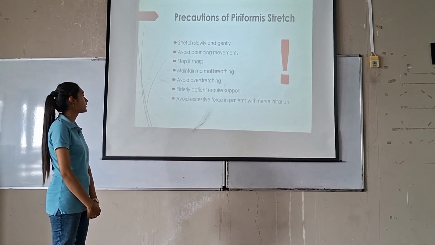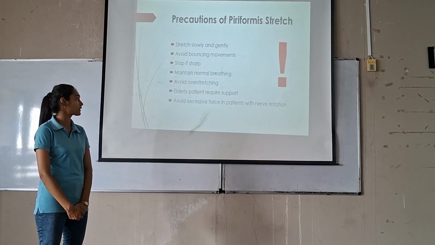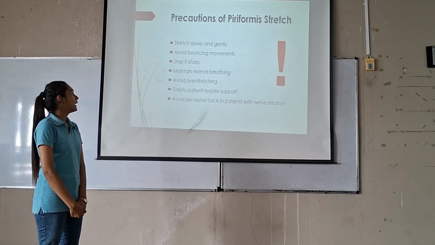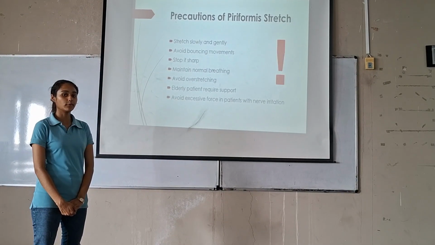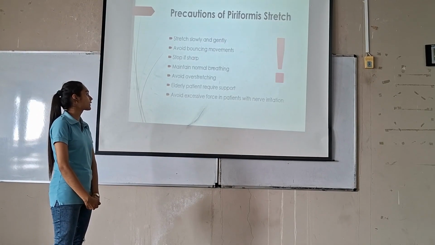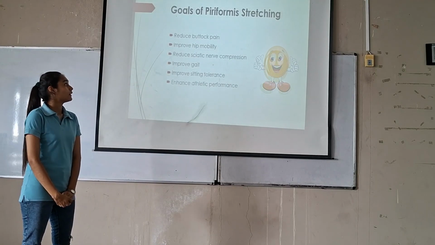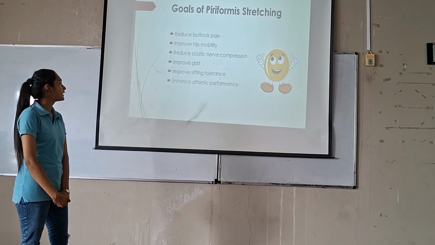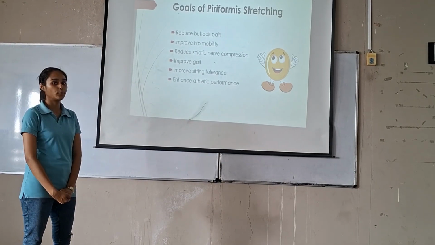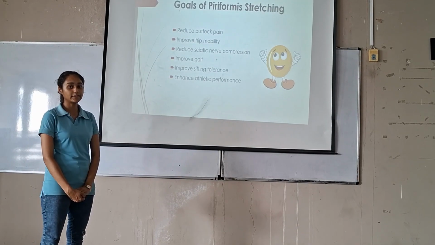Precautions of piriformis stretch are: stretch slowly and gently, avoid bouncing movements, stop if sharp pain occurs, maintain normal breathing, avoid overstretching. Elderly patients require support, and avoid excessive force in patients with nerve irritation. Now, goals of piriformis stretching: reduce buttock pain, improve hip mobility, reduce sciatic nerve compression, improve gait, improve sitting tolerance,